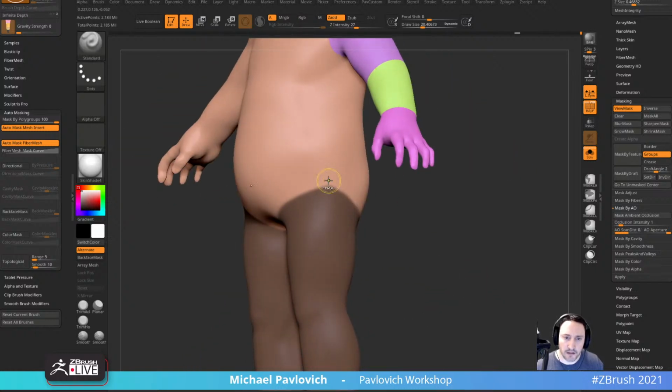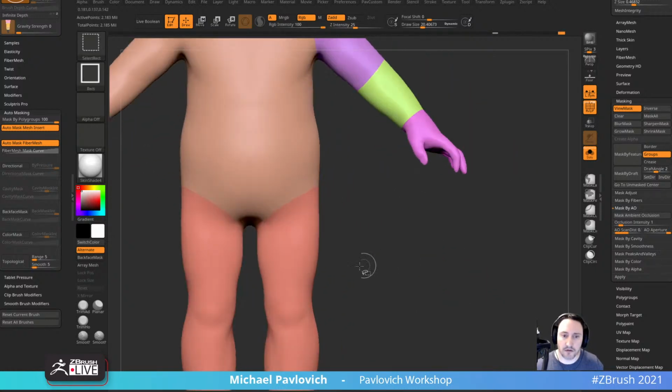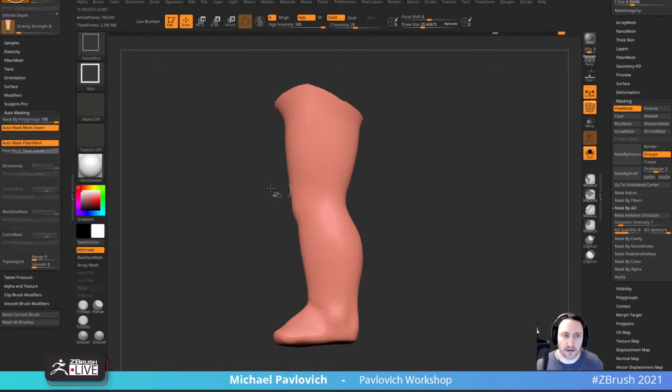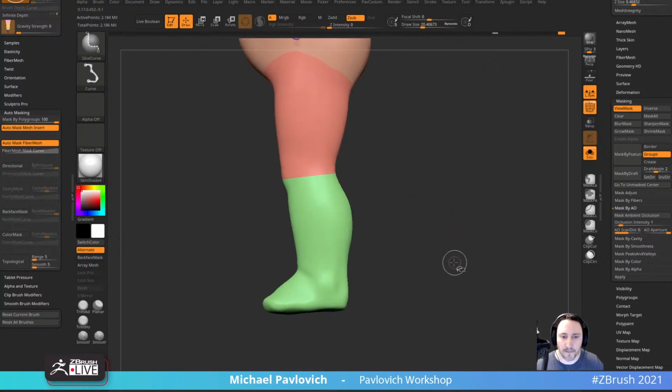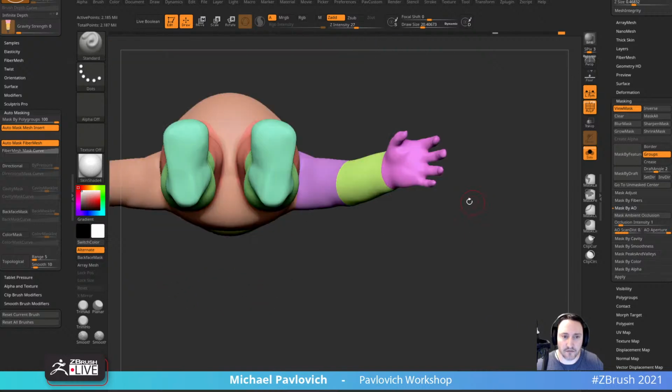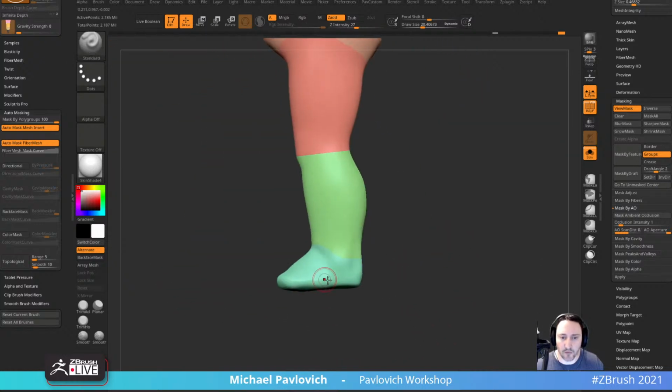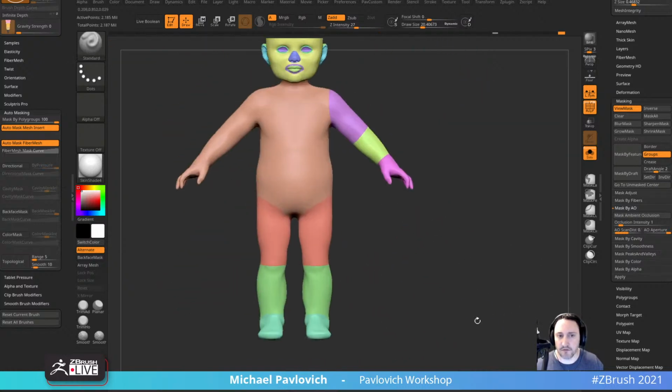And again, Control W, isolate along the knee, hold down Control Shift, and we'll slice. Now this one will go to both sides because it'll slice through the mesh. Ankles. And we didn't dial in any real toes or anything like that. If you wanted to slice the bottom of the foot, you could do that as well, but I think this